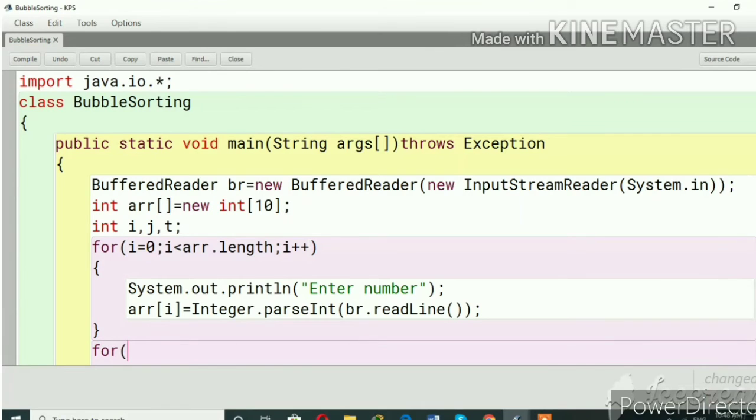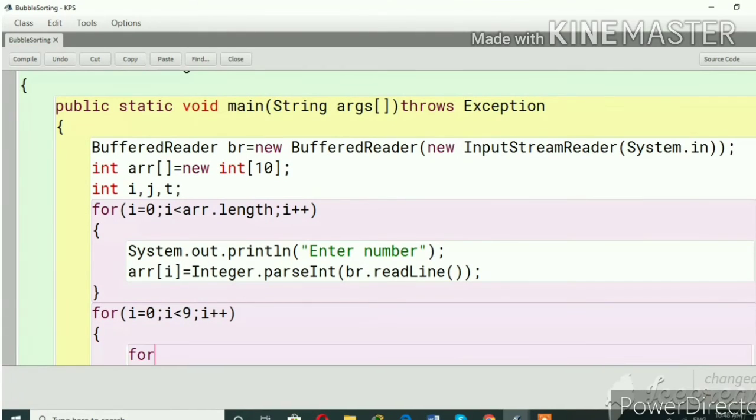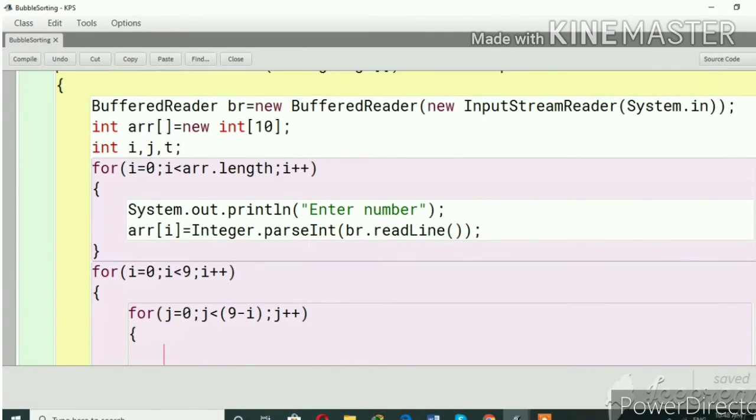Then another loop is for comparing the numbers. So i equal to 0, i less than 9, i plus plus. Another loop will start for consecutive numbers. So j equal to 0, j less than 9 minus i, j plus plus, curly braces open.